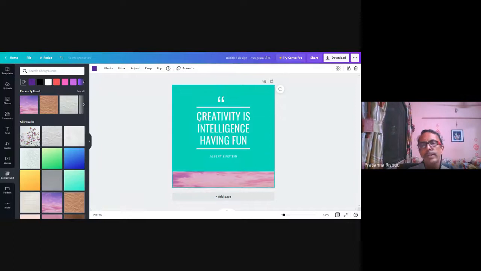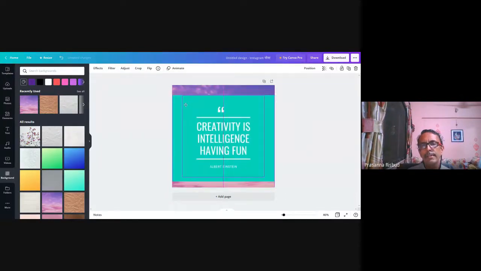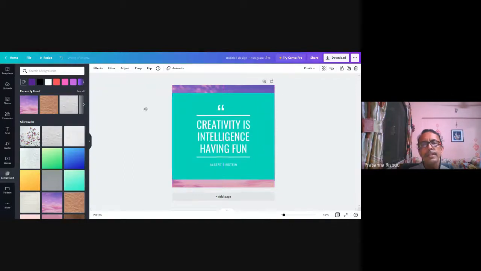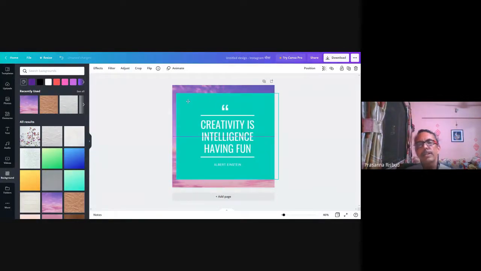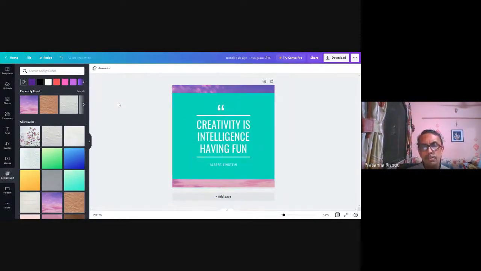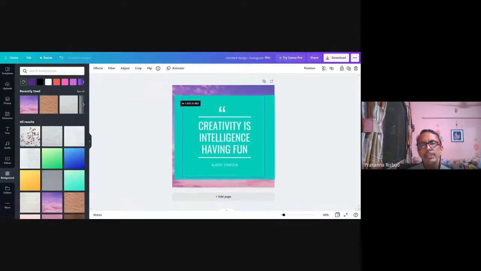Now if you want to fit it to the center, all you have to do is just drag it and fit it in the center. Now when you move this image, you will see some guidelines coming. These blue color and violet color guidelines will show you that you are fitting the image exactly in size. So this helps you. Resizing, as I said, drag from the corner. You can resize the image, again enlarge it.